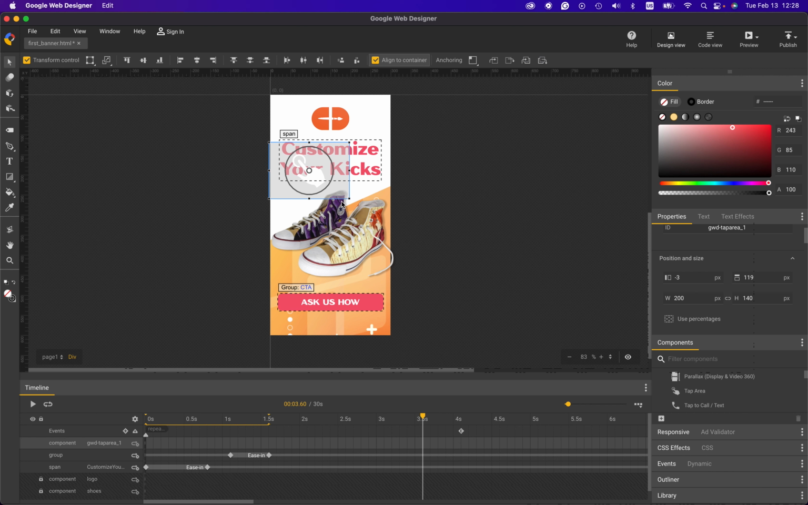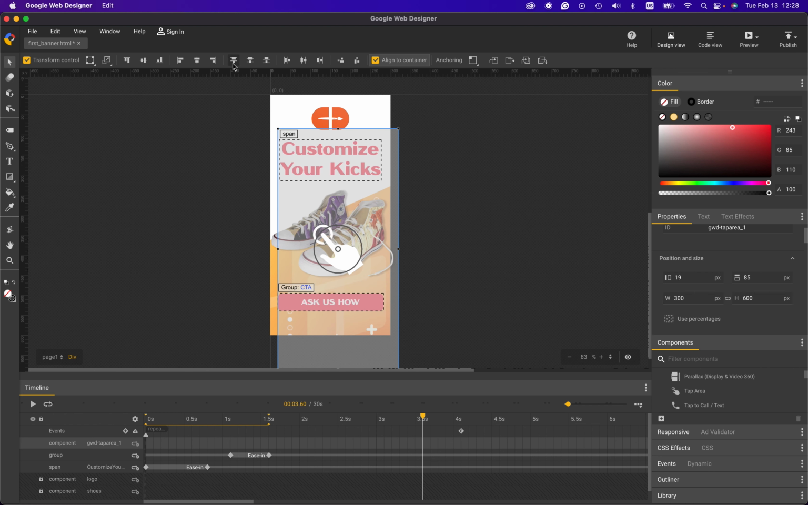Adjust here and manually cover all of our art, or the easiest way, for me at least, I prefer to put the real size of our banner here, 300 by 600, and I can return here and just align. Be sure align to container is checked, and that's it. We have our tap area,